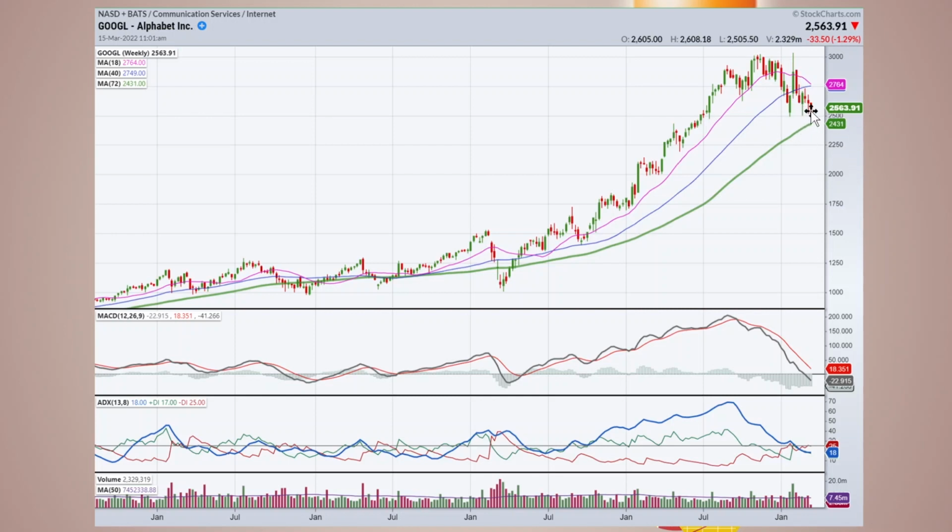If it can do that, then there's a pretty good chance we're going to see another leg to the upside, because it does have some resistance overhead, but it has not rolled the trend to the downside or broken in any way, shape, or form. So we're still in a strong uptrend and we've corrected back to support. This is the type of weakness we want to be focusing our efforts on. So I want you to think about this when you're going through individual stocks. I think this can be incredibly helpful when you're trying to create a dividing line between good stocks and bad stocks, and this is how I'd go about doing that.